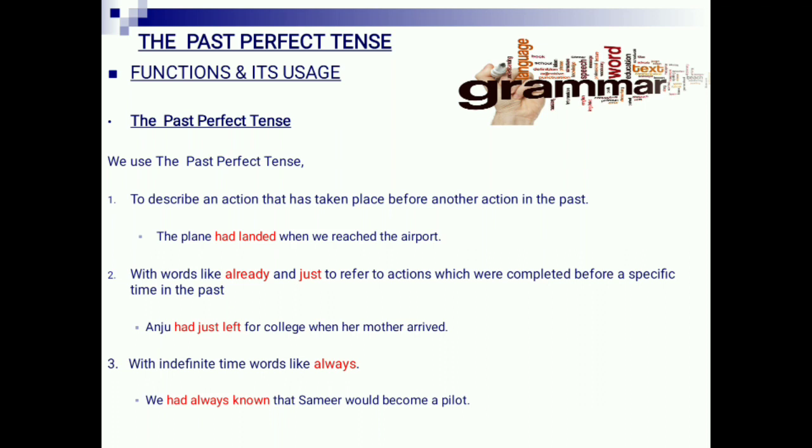So here we have to use past perfect tense when two actions are happening in the past and one action happened before the other. So for an action earlier in the past, we have to use past perfect tense. Are you getting it, students? For your better understanding of the past perfect tense, I am going to explain in Hindi as well as in Marathi. See the example.